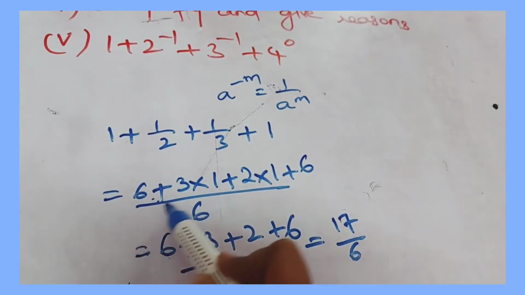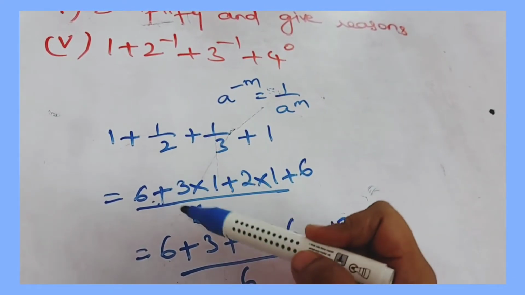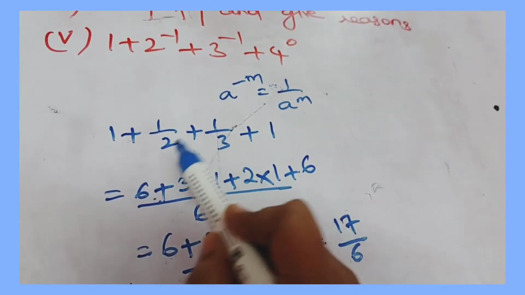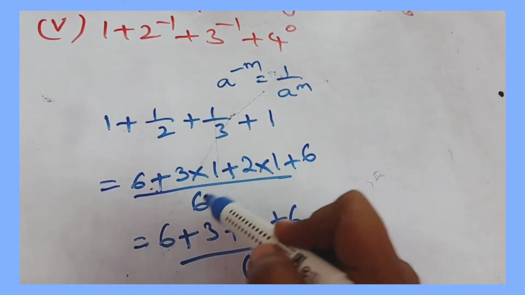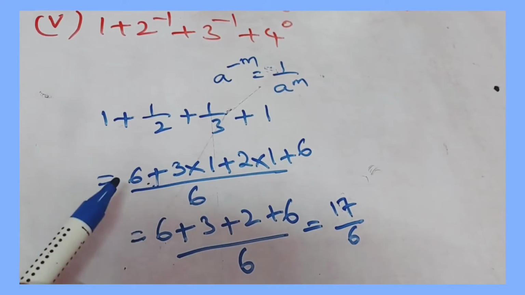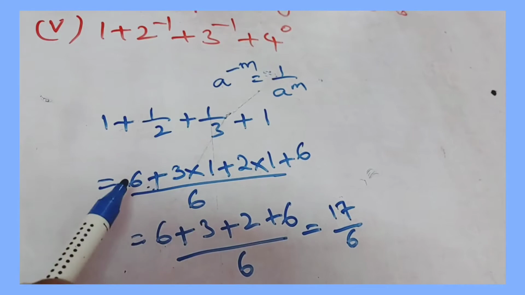So now what you have to do? Again you have to take the LCM. If you do the LCM of 2 and 3, it is 6. Here they are co-primes. Okay, 2 prime numbers are there means you have to multiply it. 2 3s are 6. So now what you have to do? Here 1 is there means 1 6 are 6 you have to take. If 1 is there in the denominator means you have to write this number only.